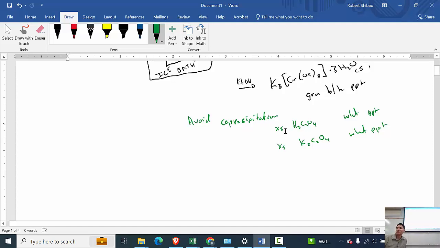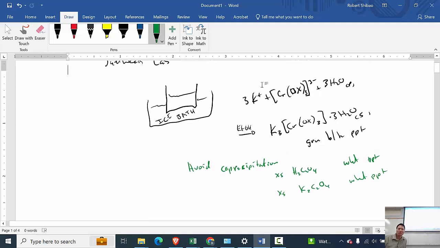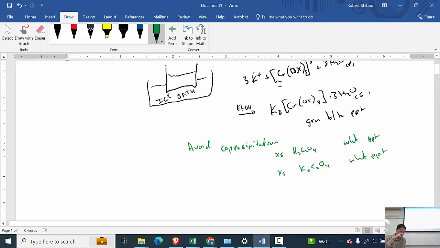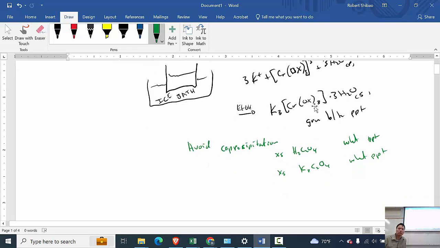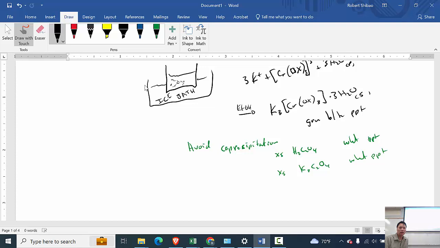If you start to see some white precipitate, maybe it's too much. You know, it's making it too inhospitable, too ethanol-like, and not water enough. And so we need a little bit more water in that particular case. And so we want to avoid co-precipitation, which yields contamination. All right, so hopefully we generate a lot of nice crystals of